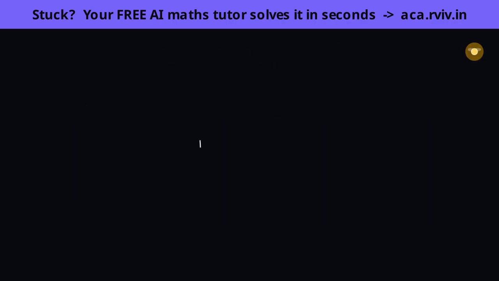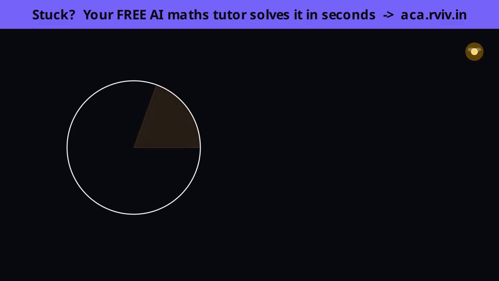Now that we know the whole circle, let's talk about a piece of it. This orange region is a sector, the shape you get by cutting from the center along two radii, opening them to some angle we'll call theta, that little Greek letter marking the opening. Here's the one idea that unlocks everything about sectors.